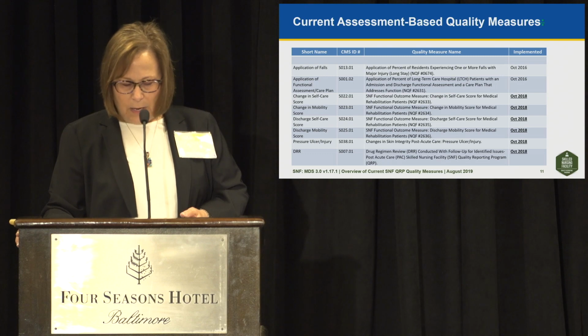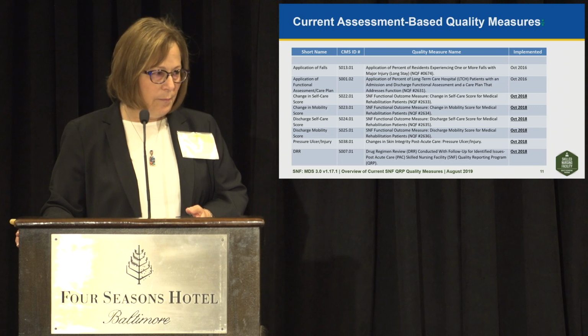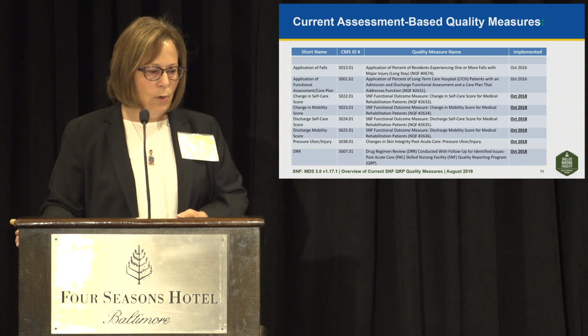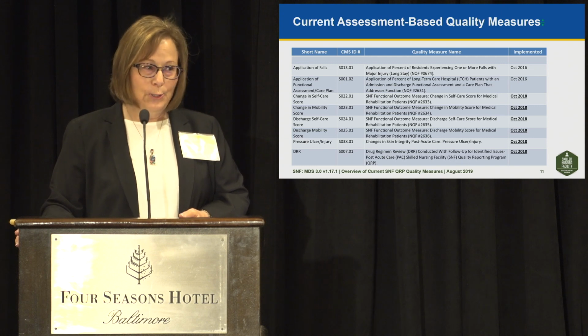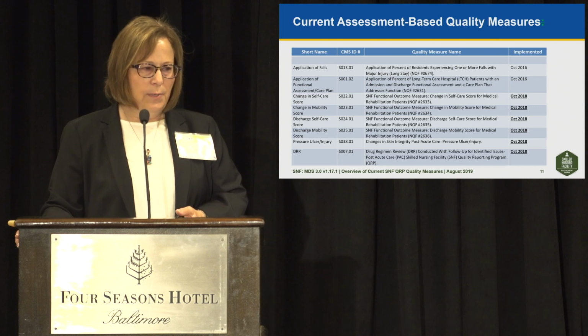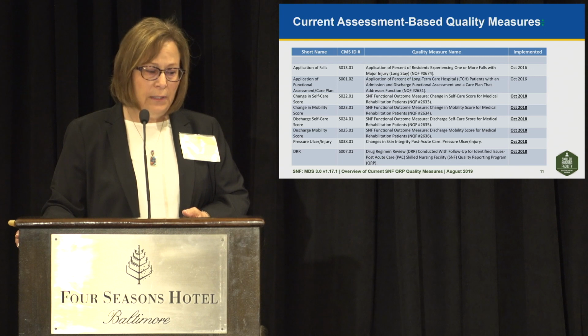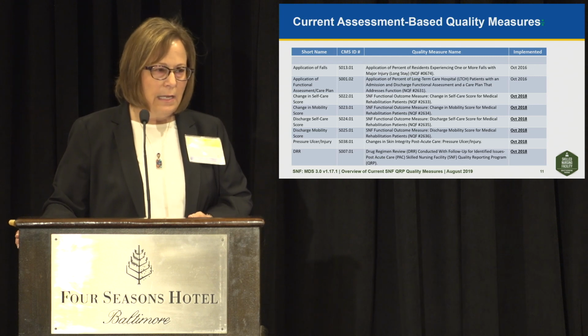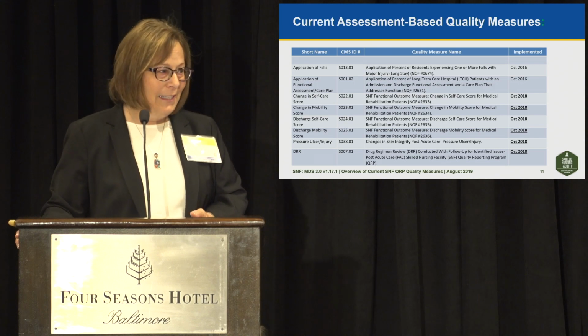The remaining 6 measures are Skilled Nursing Facility Functional Outcome Measure, change in self-care score for medical rehabilitation patients, SNF Functional Outcome Measure, change in mobility score for medical rehabilitation patients, SNF Functional Outcome Measure, discharge self-care score for medical rehabilitation patients, SNF Functional Outcome Measure, discharge mobility score for medical rehab patients. And if you don't mind, I'm just going to refer to them as change in self-care, change in mobility, discharge